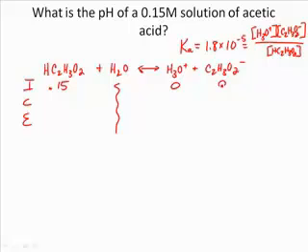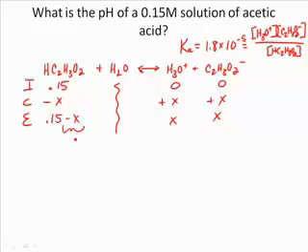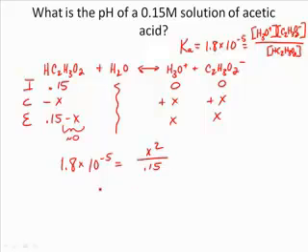That's 0, that's 0. So minus x, plus x, plus x, and then 0.15 minus x, x, and x. So I'm going to make the assumption that this value is approximately 0 or negligible, and then plug in, and that's going to equal x squared over 0.15, which gives me an x equal to